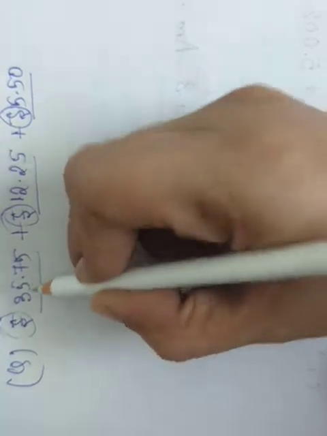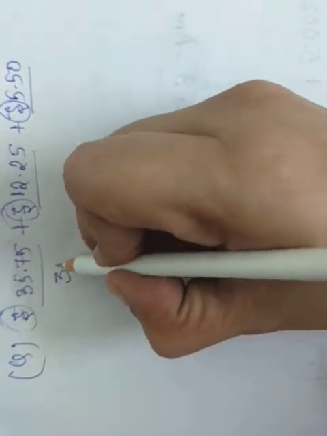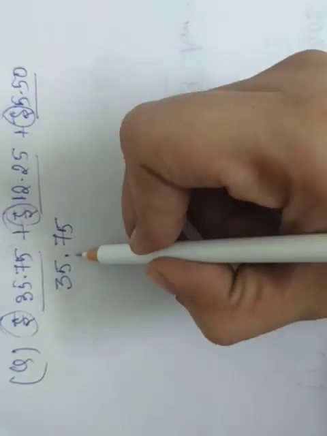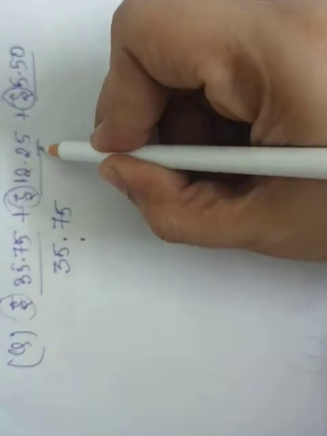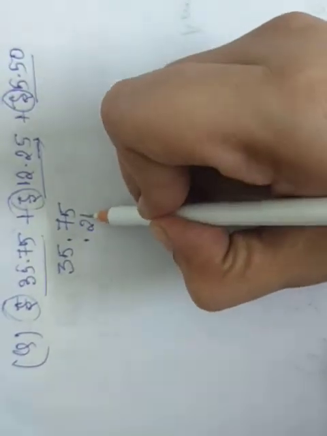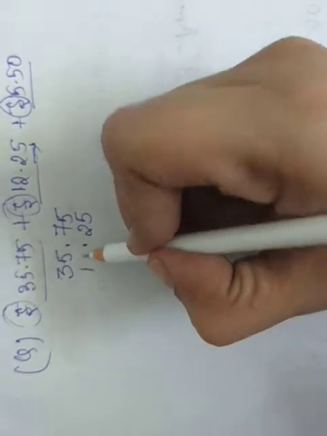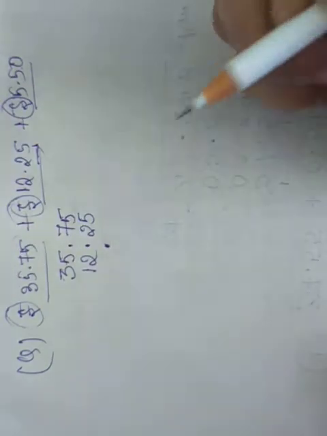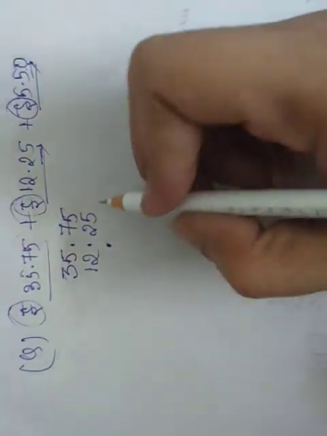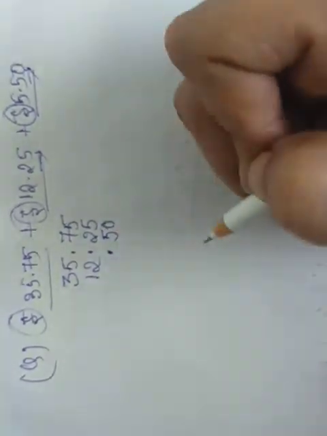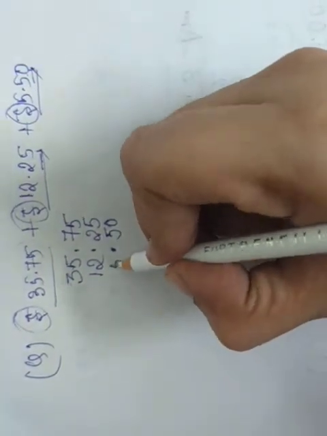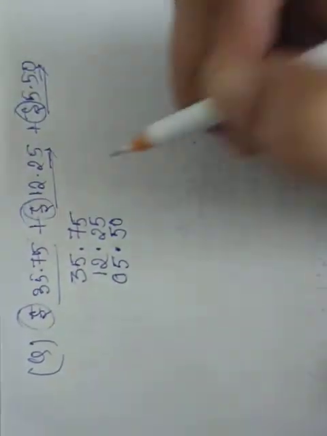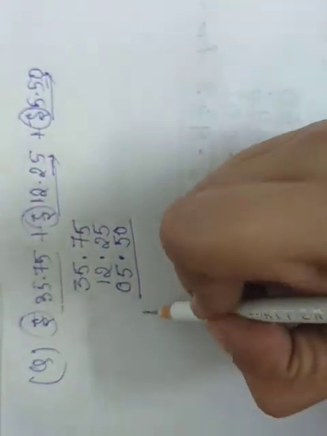So we are simply going to write the first number. It is 35 rupees 0.75. Then remember, first put the decimal and then see what is there on the right hand side. It is 25 and on the left hand side it is 12. Okay, then see the next number. First write the decimal. Next see what is there in the right hand side. It is 50. So write 50. And what is there in the left hand side? It is 5. And here there is a gap, so we will write 0. Clear, students?